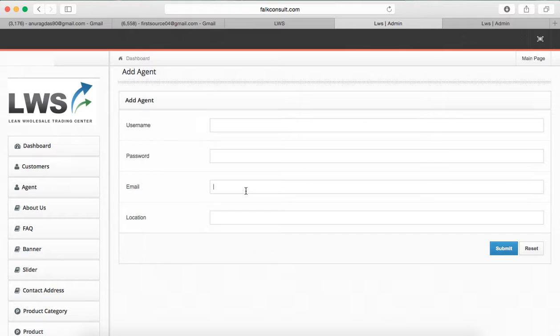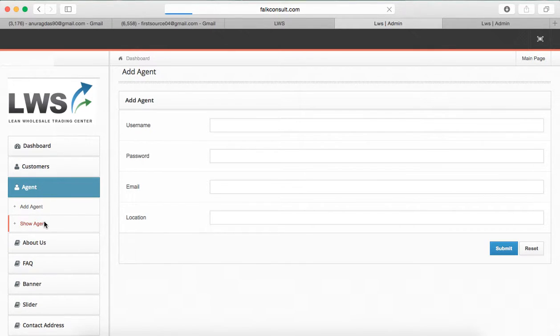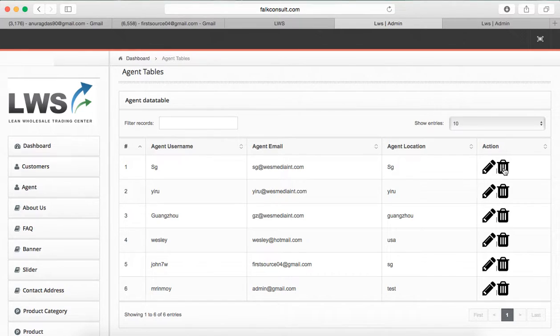How they will see the backend is a totally different portion. I will show you after this. So these agents can then log in, and you can see all the agents over here. You can also delete agents if you don't want them. Similarly, for location B in China as well. So this is all about the agents.